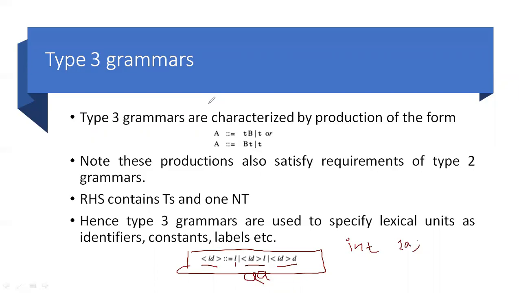Now you tell me int number 1. How will it work? Int, this ID comma L, ID comma L, ID comma L, ID comma L. This will repeat up to what? It will start with N, then U, M, B, E, R, S. Numbers. So it will start with N, it will end up to S and then 1. So such a type of identifiers are given by this type of grammar called type 3 grammar.